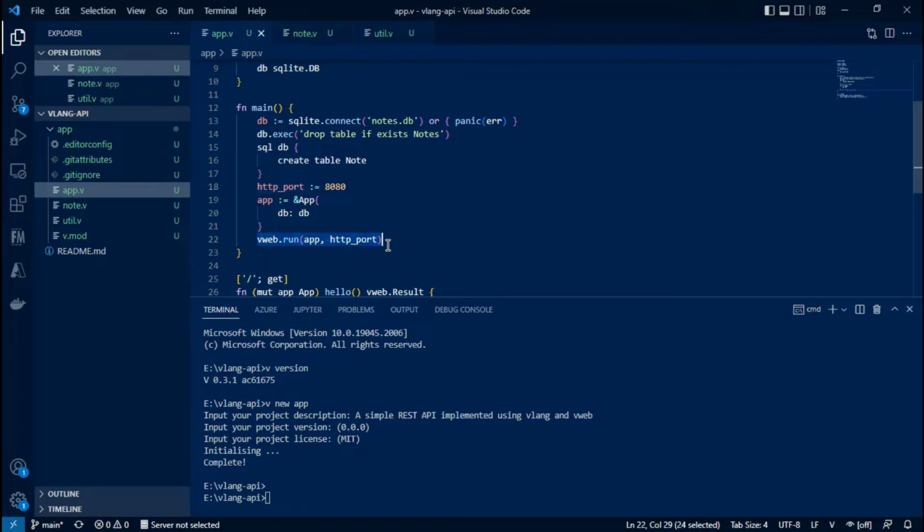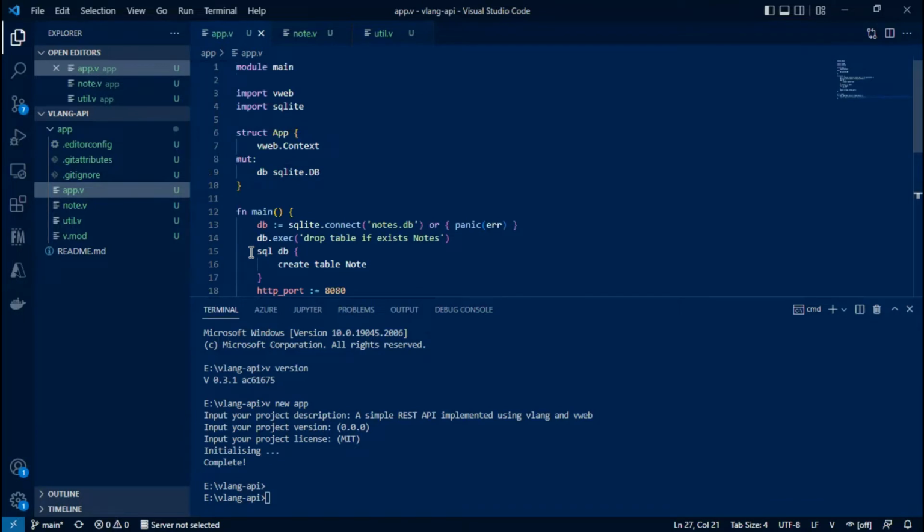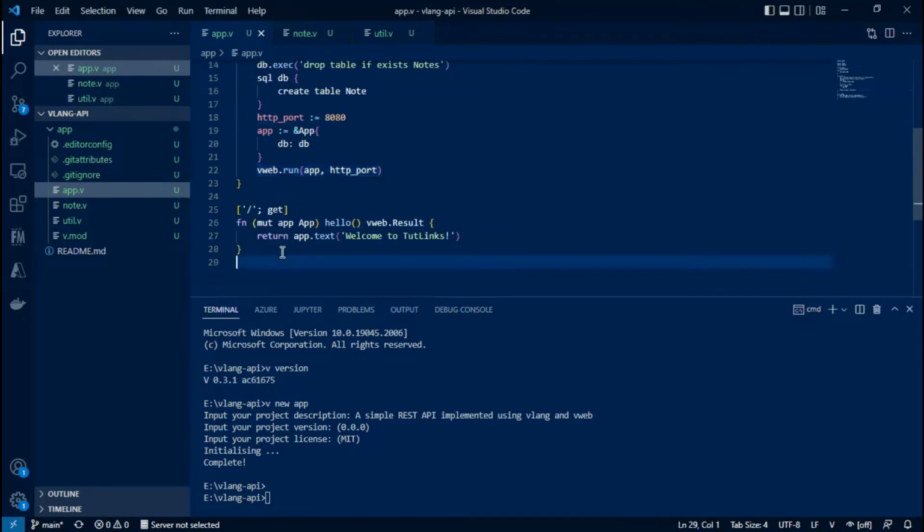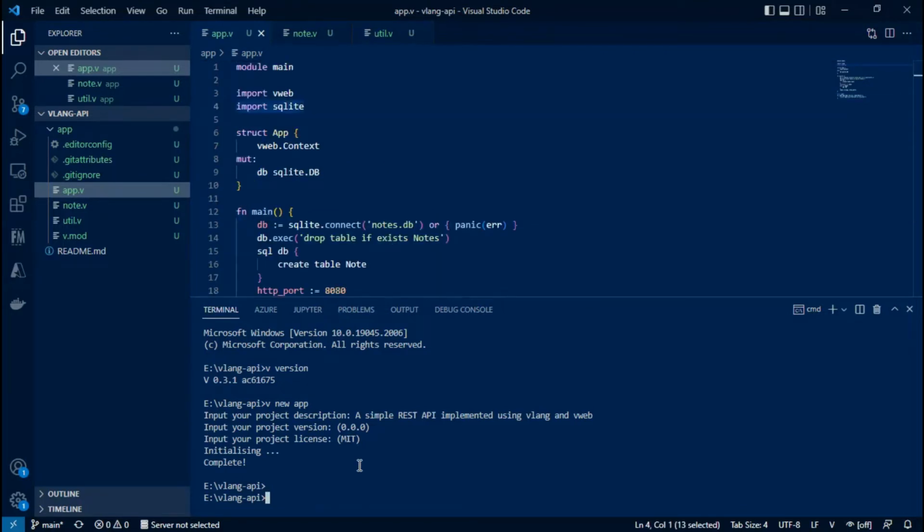App has the instance of vweb context and also mutable property of the database. And there is a default endpoint also. When we land on the home page of this app, we will be greeted with a welcome message, welcome to Tutlings.